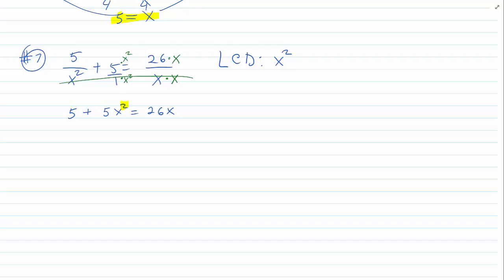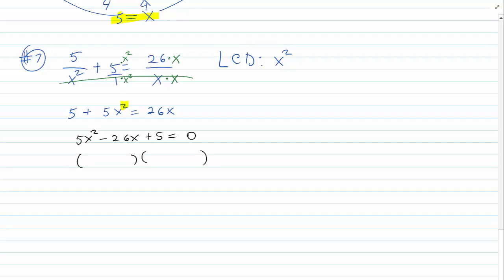So you want to take all of this stuff, move it on the other side, make it equal to 0, and write that in the decreasing order of the exponents, right? So 5x squared minus 26x, and then plus 5 equal to 0. All right, and then it's your preference. I would recommend probably the quadratic formula, but a lot of times, if you are comfortable with factoring, you can try to factor. So let's see, we're going to do both. So using